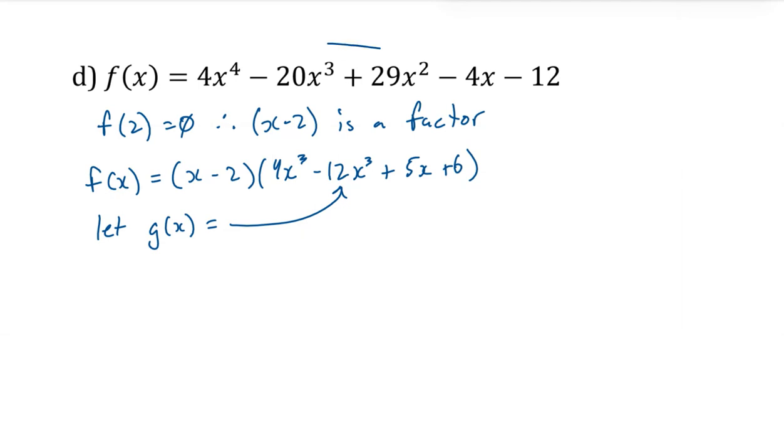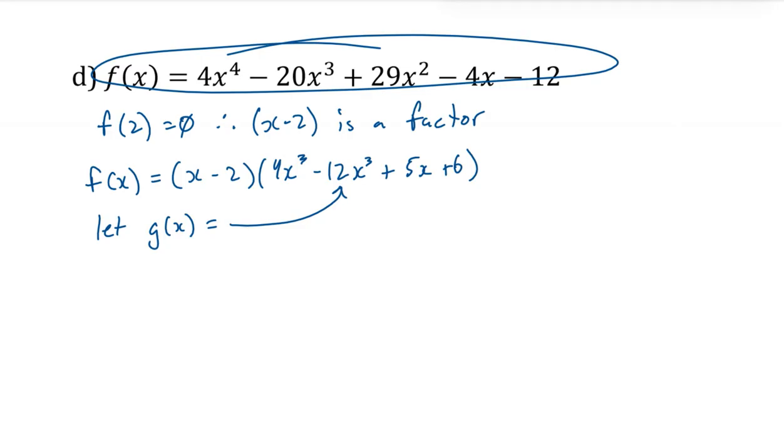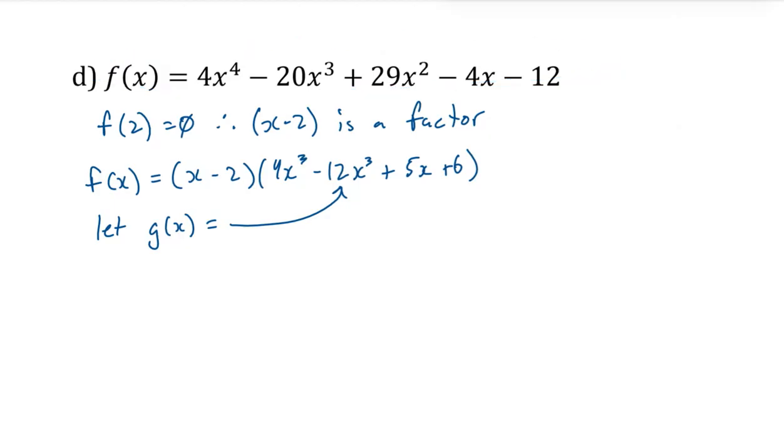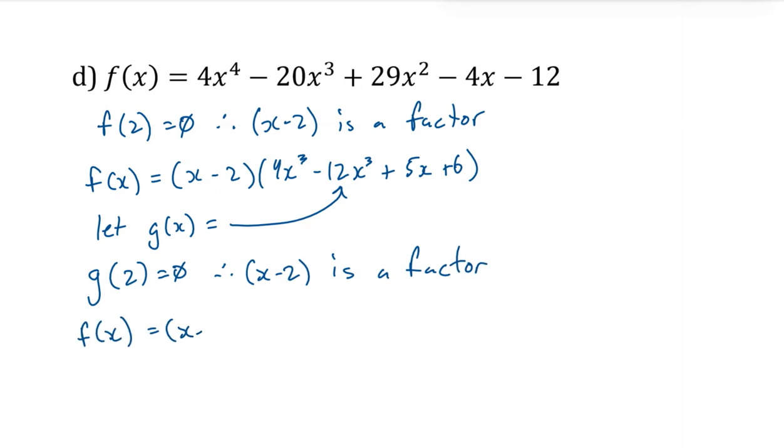If 1 and negative 1 were not a factor of f, and if I did that correctly, they will not be a factor of g. They can't be. It doesn't make any sense. If you don't remember why we talked about it, or if you didn't understand it, trust me, I guarantee it's true. So what happens here, some of you have already done this, we get g at 2 is 0, therefore x minus 2 is a factor of g. So we get f at x equals x minus 2. That was the first one from above. And now our next x minus 2,